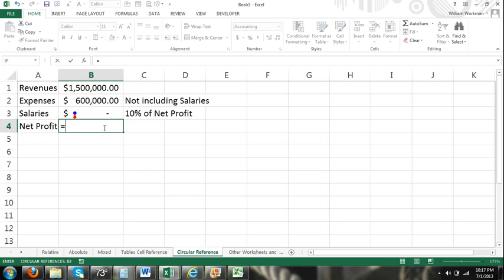I don't know why this is giving me a value error. Minus. Okay, but there we have a circular reference problem, because net profit is dependent on salaries, and salaries is dependent on net profit. The way that we can resolve this problem is by allowing Excel to